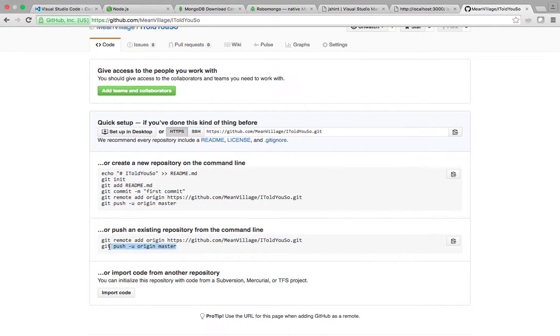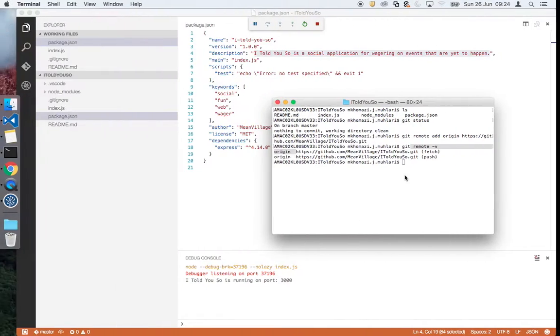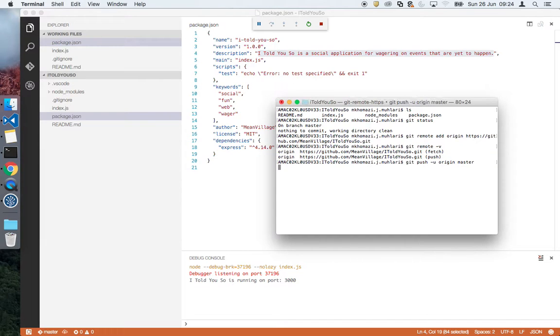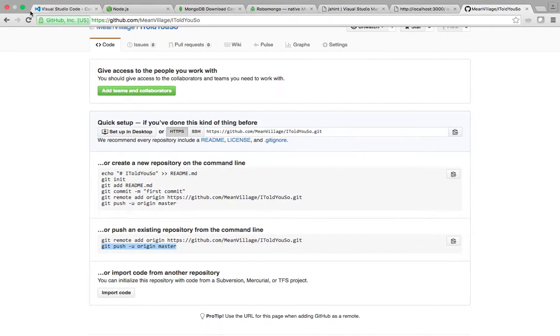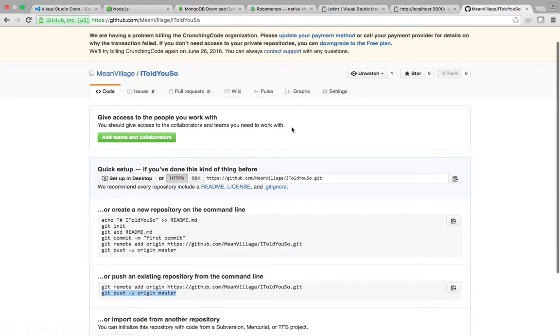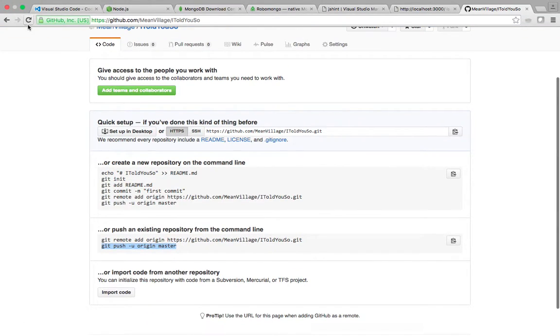So the next thing we'll do is we'll just push our code to the remote repo. One thing you guys will need, before you can run this last command that I've just run there, just make sure you have done your commit, or else it'll tell you something about the head and the tracking is not set up or something like that. So cool. It's set everything up, and branch master set up to track remote from origin, which is brilliant. So if I go and refresh here, you can see there's actually nothing. There are no files on this particular page. But if I refresh,